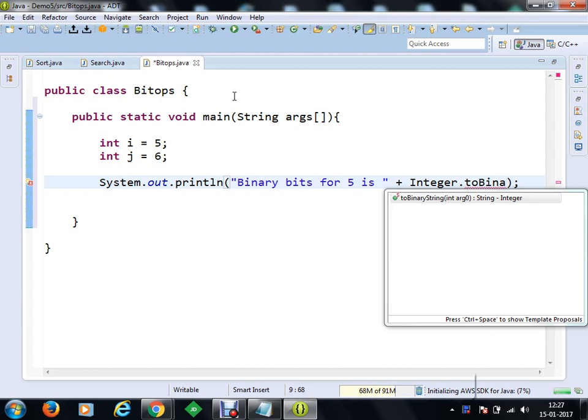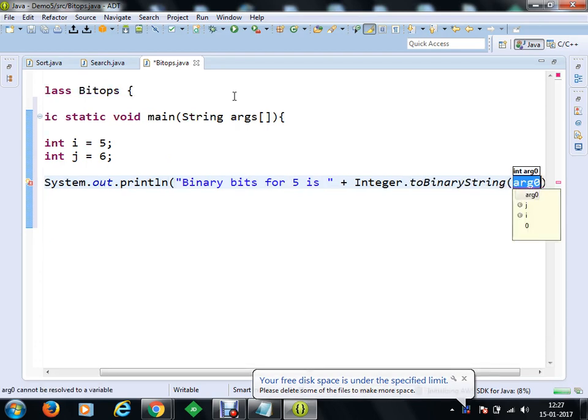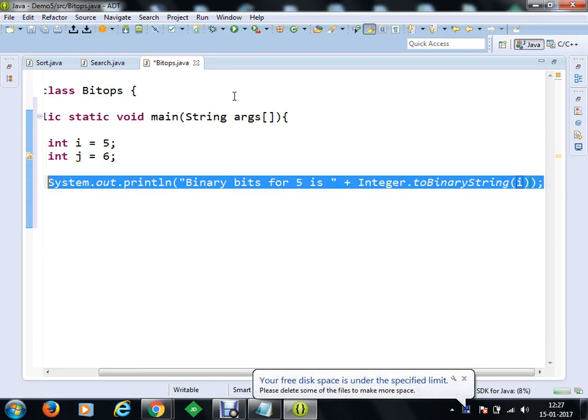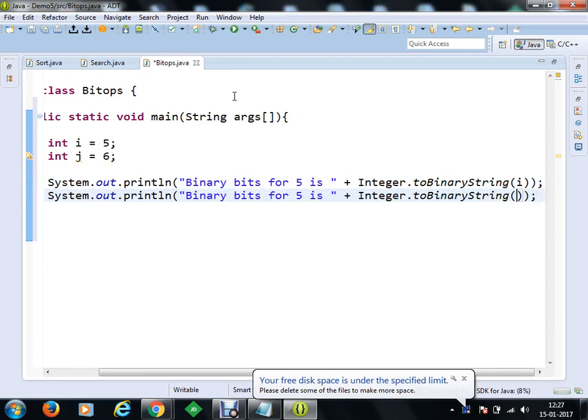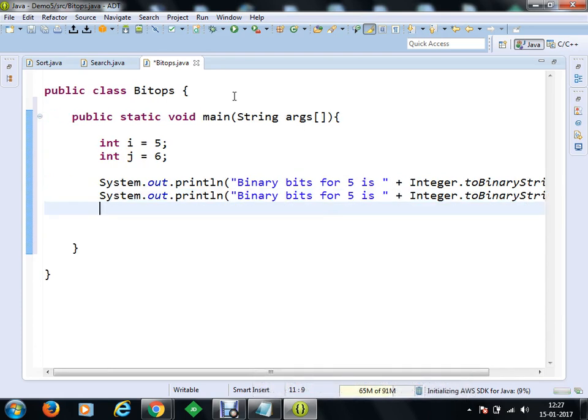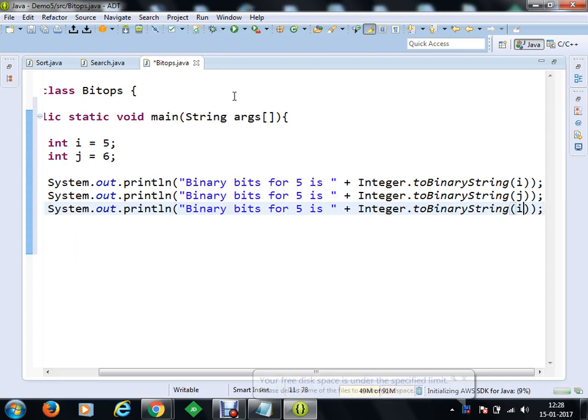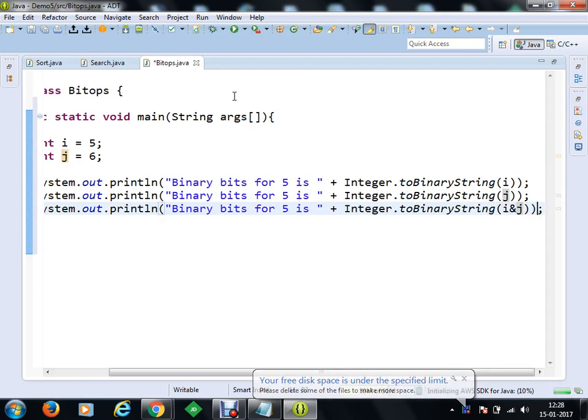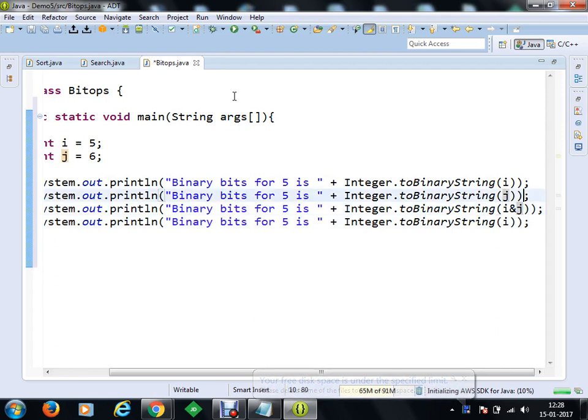Okay, there is one issue here, यहाँ पे एडिशनल जीरोस नहीं डिस्प्ले करता है. सो जितनी 1 तक की जो मोस्ट सिग्निफिकेंट बिट में जहाँ पे 1 है, टिल देयर द वैल्यू विल बी डिस्प्लेड. Okay, so let's go for toBinaryString and put I here. In the same way, let's put J here, so you can convert the values, and let's perform your AND operation. एक सैम्पल देख लेते हैं. So here we have to perform an AND operation on I and J. So you can do it something like I and J. Okay, clear?